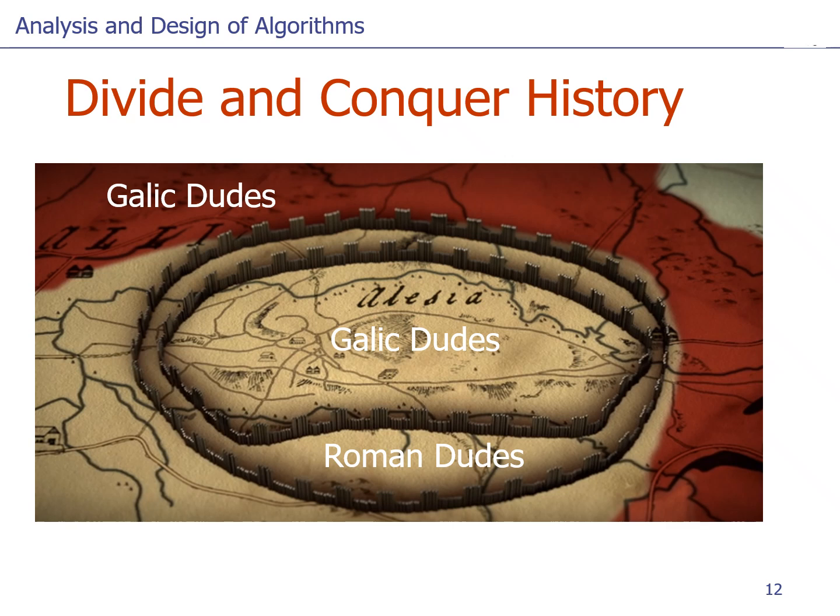The outer fence is preventing the marching tribes from uniting with their fellow Gallics in Alesia. And what you're looking at here is the most famous example of applying divide and conquer